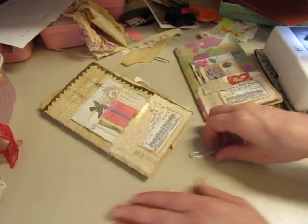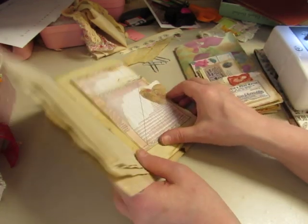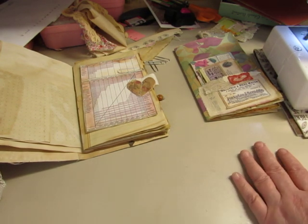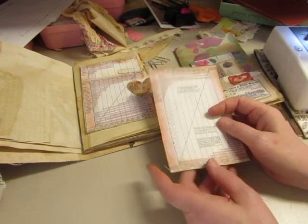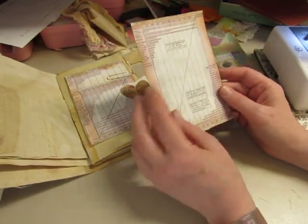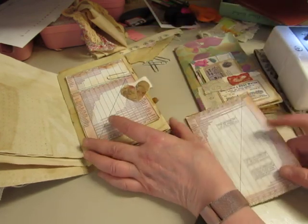Okay, there's that ephemera. This is from the kit, and it's a chart, a graph of some sort. So these were on the same page. They're slightly different. I like the pink color on them, of course. Stitched it to some coffee dyed paper, inked around the edge, and now